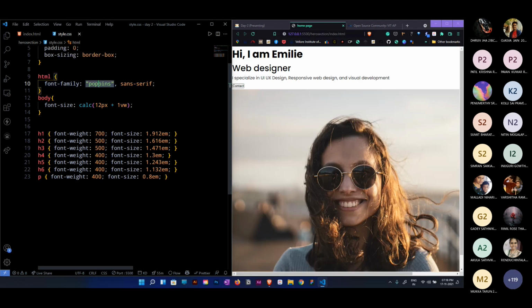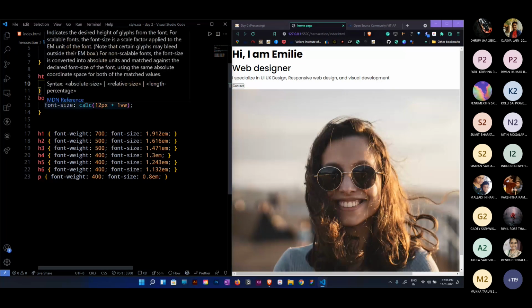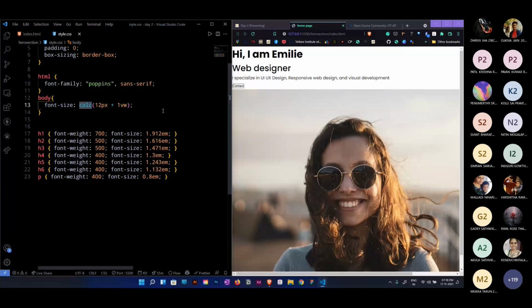I prefer choosing Poppins a lot of times. And for body, what I did is now we are observing a new thing called calc. Most people think of CSS as a general style language, but I don't say that. I will say that it's false. It's not just a styling language. There are lots of calculations involved in CSS. You need to use a lot of math in CSS, more than in JavaScript. CSS is a lot more of a logical thing than others think.